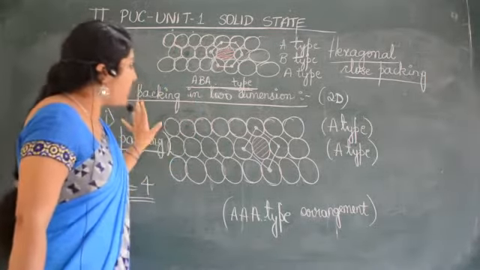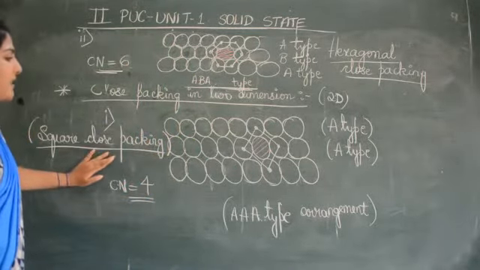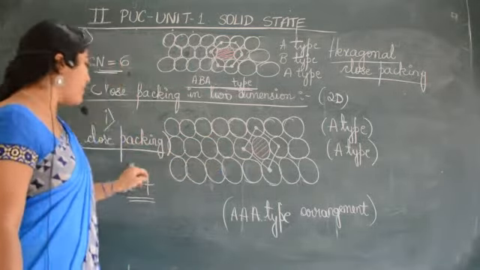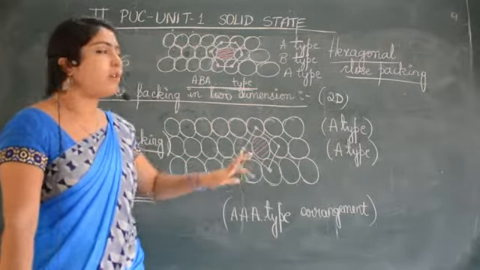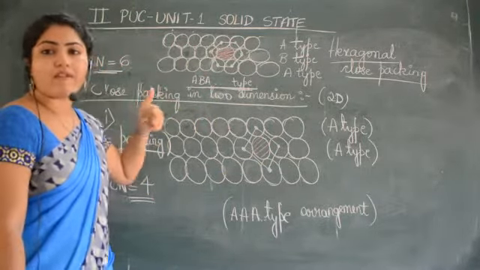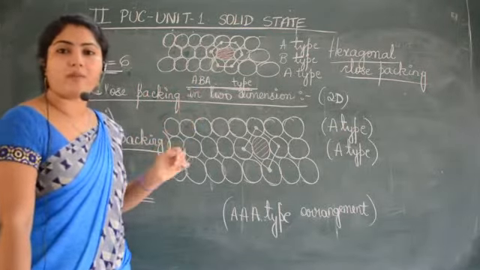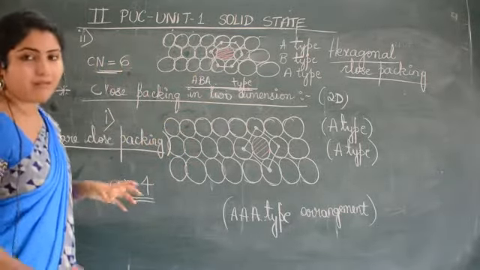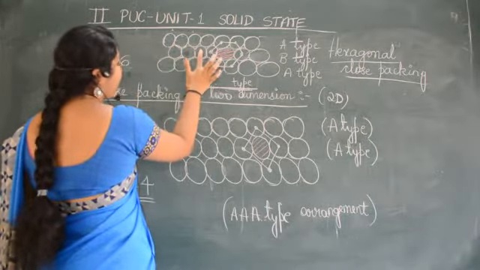So that's about close packing in 2 dimension, what you need to understand. Understand this, that in the particles arranged here you get a square shape, so square close packing, and the coordination number is 4 because the immediate neighbors are only 4, whereas here in hexagonal close packing the immediate neighbors are 6, therefore the coordination number is 6 here. And this type of arrangement is also said to be AB type of arrangement because the layers are different. Hope you understand why the layers are different, right? Because it is placed in the depression of the first layer.